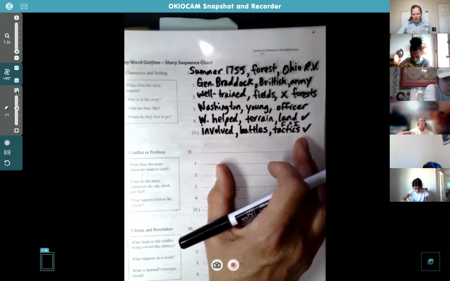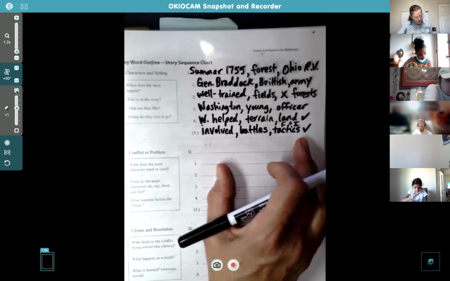Good. That actually really sets up that opening paragraph about the setting, the people, and what they know and how they helped. And now we're going to move into the conflict and the problem, which was definitely between the French and the British. They were fighting over the land, right? Right there at that fort. So the next part goes into that. They desired to capture Fort Duquesne